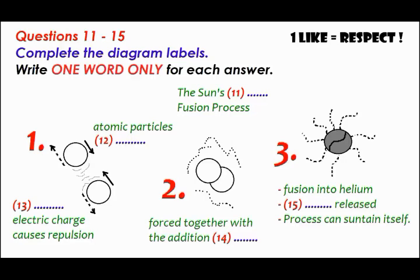The first step is to make two light atomic particles approach. In the case of our Sun, these are hydrogen particles, the lightest and also the easiest to deal with. However, the problem is that the nuclei of atoms have electric fields, and fusion between these particles is opposed by their similar electric charge. They most naturally repel each other, and the nuclei of all elements are exactly the same